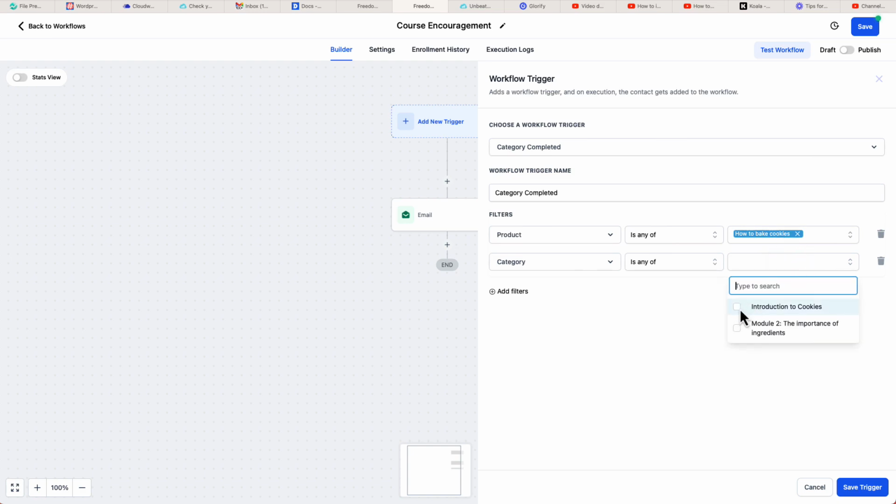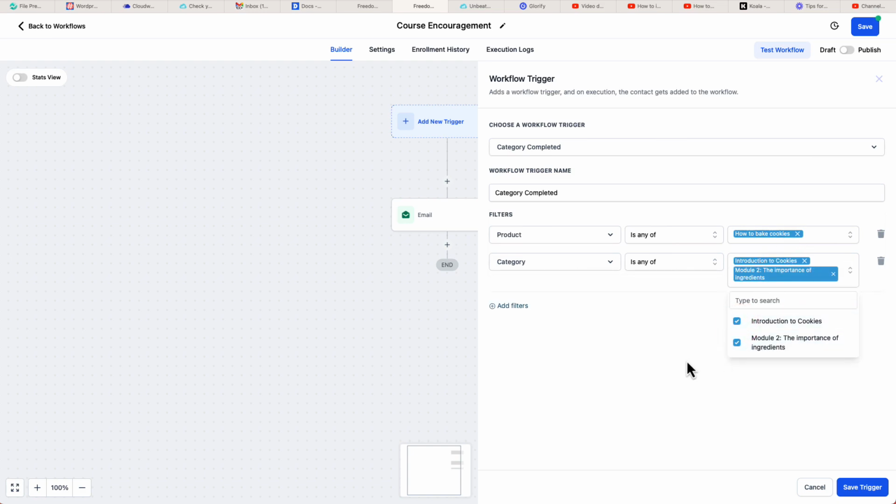Now notice here, this is a multi-select. So you could potentially create a workflow that would trigger regardless of which one this dealt with. So this is any of. So it could be this one or that one. It's not a both. It's not a yes and. It's either or. So you could create a workflow that would trigger when